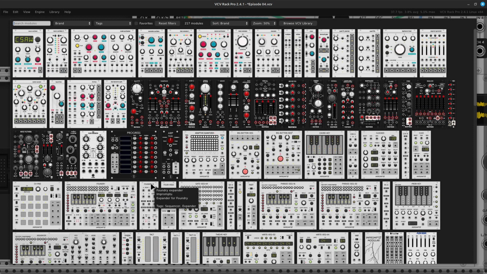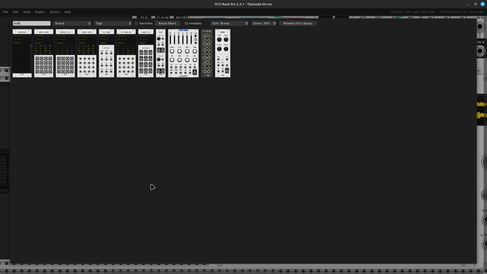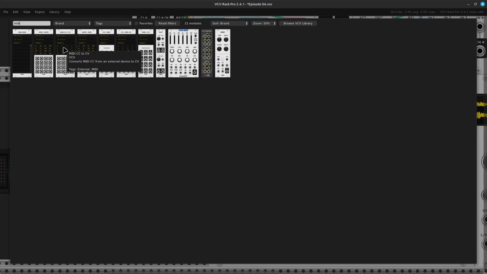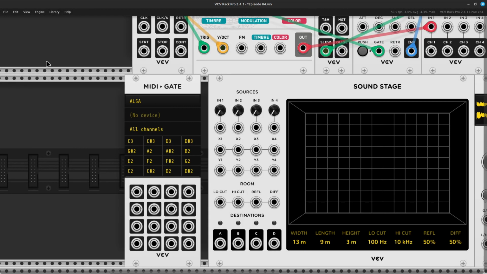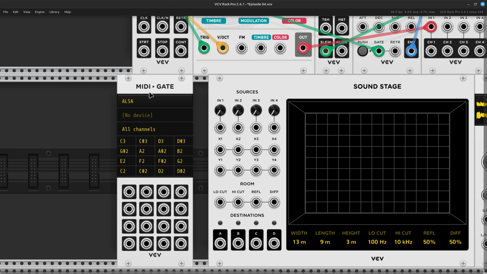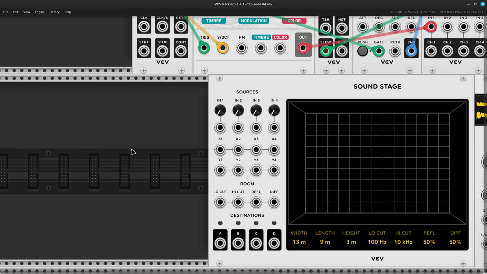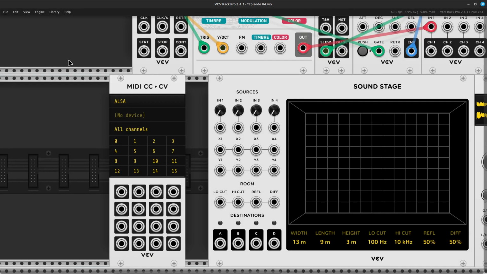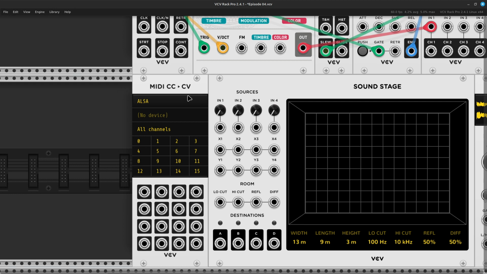I'm gonna make a MIDI gate. Sorry, just gotta check here. CC gate. No, actually CC is what I want, because this is gates from notes that you play, and I don't want to play another note. I just want to hit a button on my keyboard that will, for example,